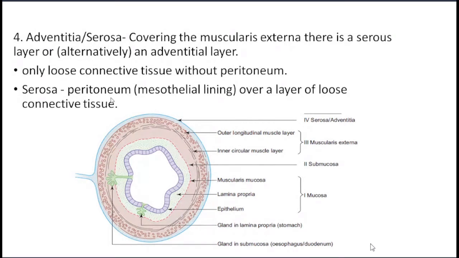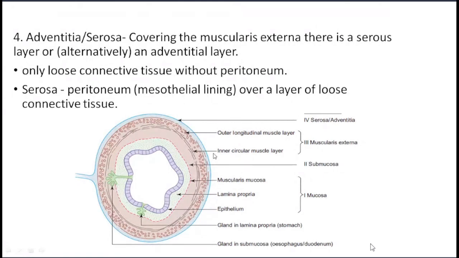Now you should read what the parts are. So what is there in the connective tissue at this stage you should know. These are the basic layers. The first is the mucosa. Mucosa again has 3 layers: the lining epithelium, lamina propria and the muscularis mucosa. Combined, this is called the mucosa. Then the second layer is submucosa, the third layer is muscularis externa and the fourth layer is the serosa or the adventitia.